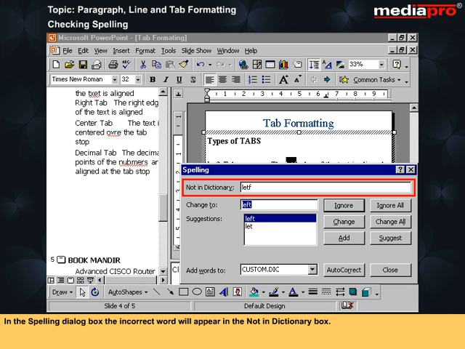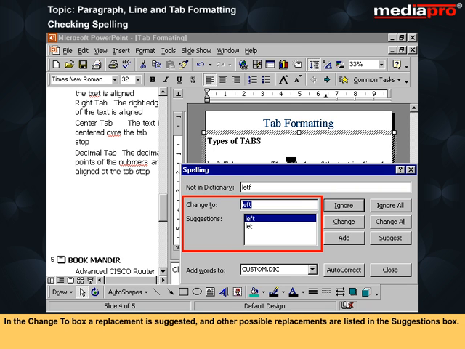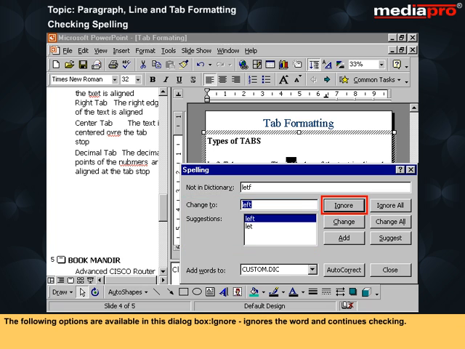In the spelling dialog box, the incorrect word will appear in the Not in Dictionary box. In the Change To box, a replacement is suggested and other possible replacements are listed in the Suggestions box. The following options are available in this dialog box. Ignore ignores the word and continues checking. Ignore all ignores all future occurrences of this word in the